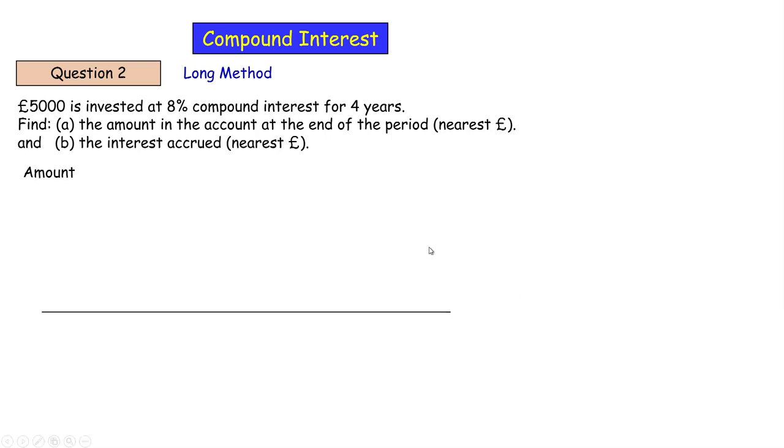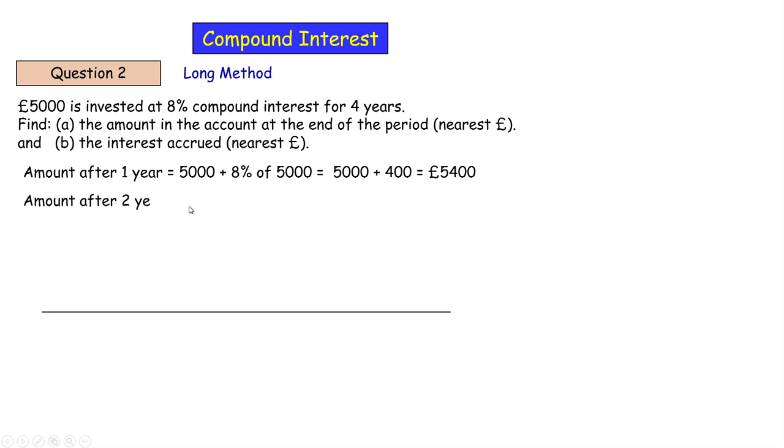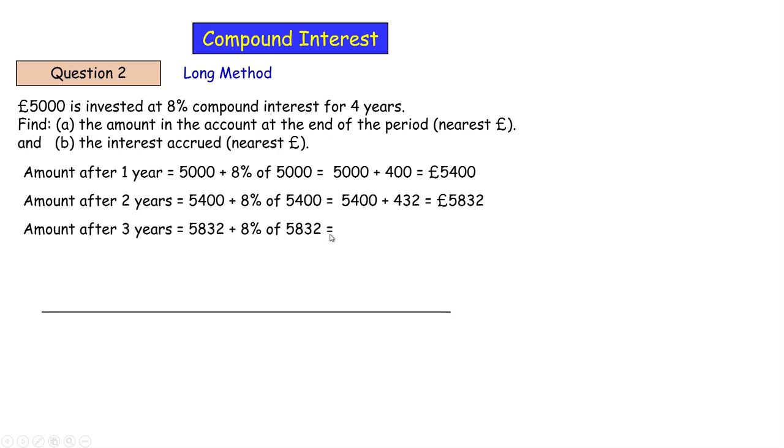Okay, so after 1 year, we have that initial £5,000 plus 8% of the 5,000. Remember, percent means out of 100, so 8 over 100 times 5,000. We work it out. We get 8% is 400, so we get a total of 5,400. Take the 5,400, and after 2 years, we add another 8% of that amount, we should get £5,832. We take that 5,832 and reinvest it, and we find 8% of that 5,832, add it on, and we get